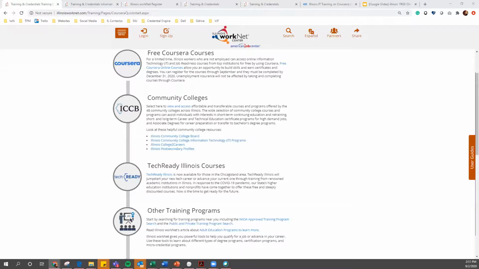We have our Illinois Department of Commerce and Economic Opportunity, Employment and Security, Department of Human Services, and we have an array of professional development partners that we work with.